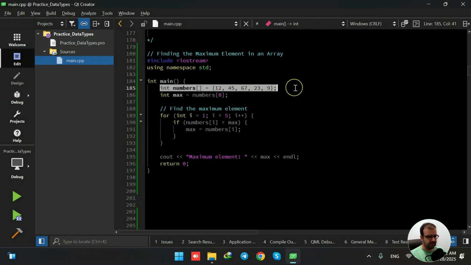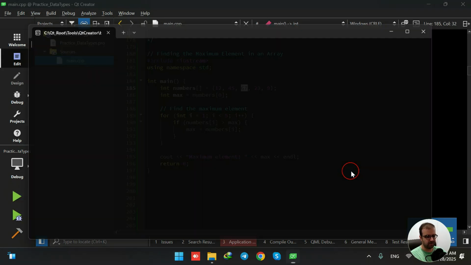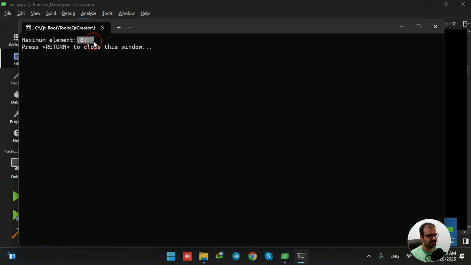Here is my array. It has 5 elements: 12, 45, 67, 23, and 9. And we would like to find the maximum element in this array. To find that, we know that this 67 is the largest number in this array, but we want to find it using C++. So when I run this code, we see that 67 is printed out in the output as